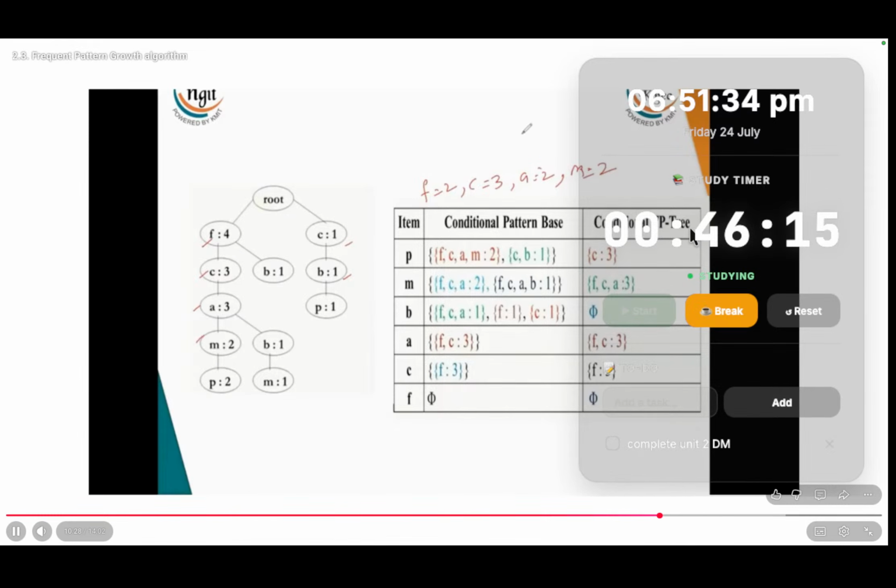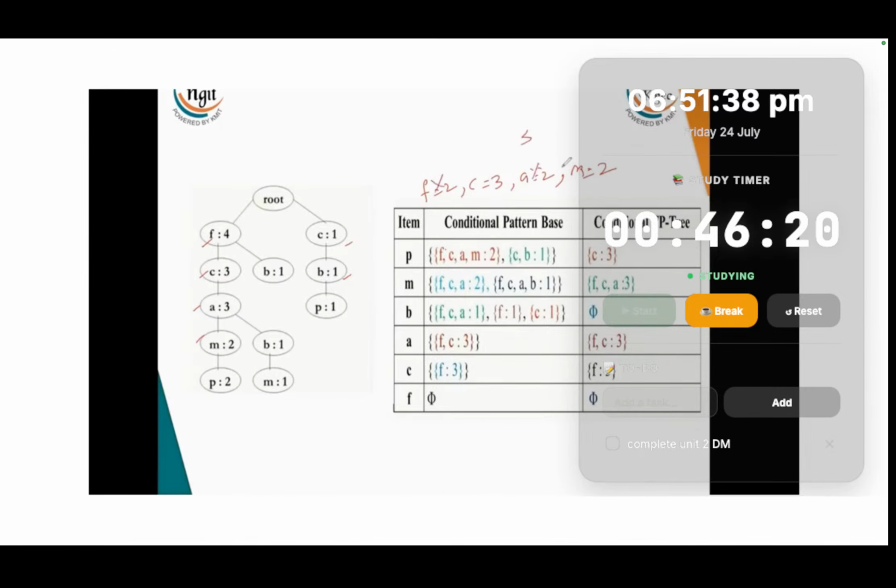So when the minimum support count is 3, you can see all the elements were eliminated from this